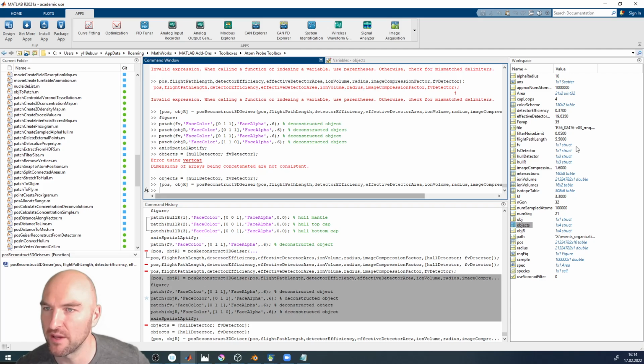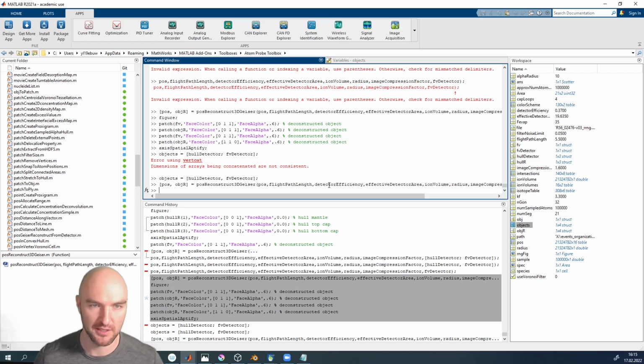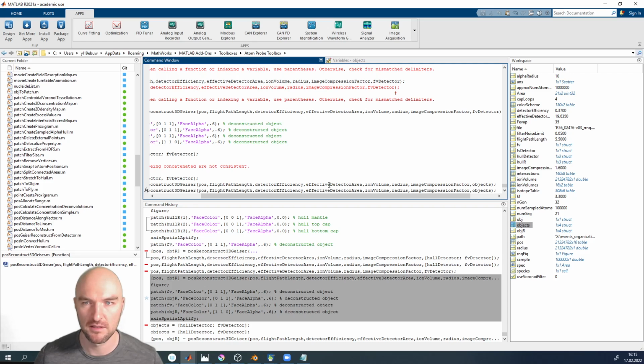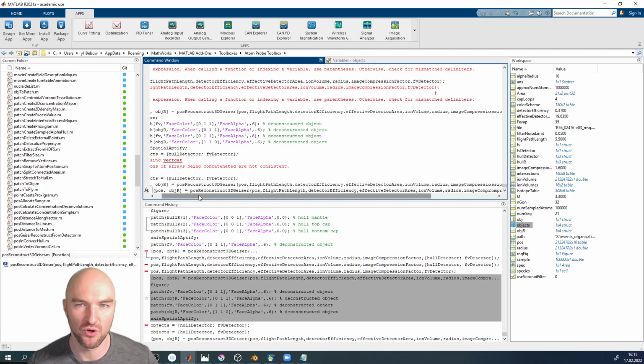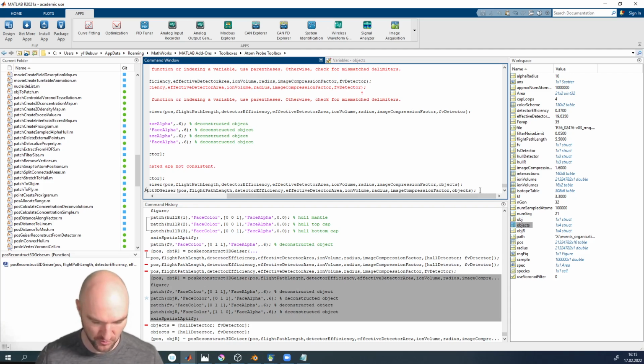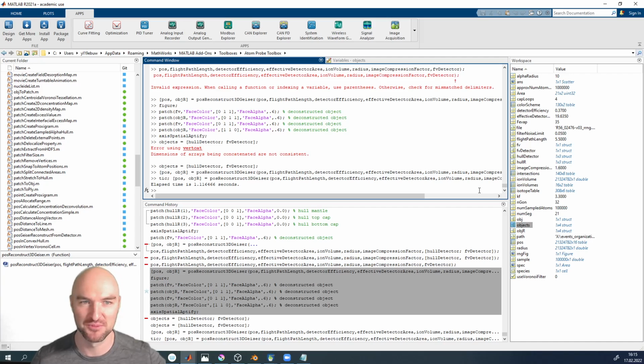So how many atoms are we actually reconstructing? How long is that POS file? This is about 21 million atoms. Let me check how long that takes. Tick. So tick and tock are the ways to measure timing in MATLAB. I don't know if it's super cool, but